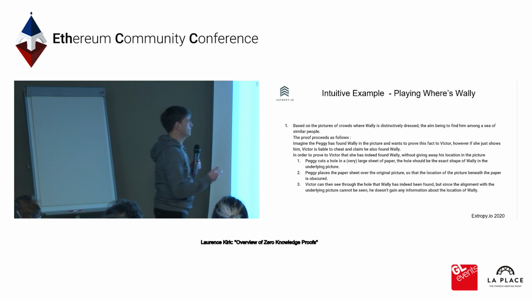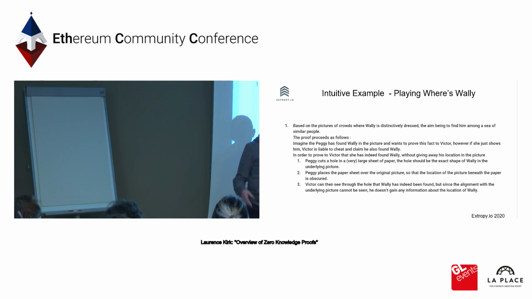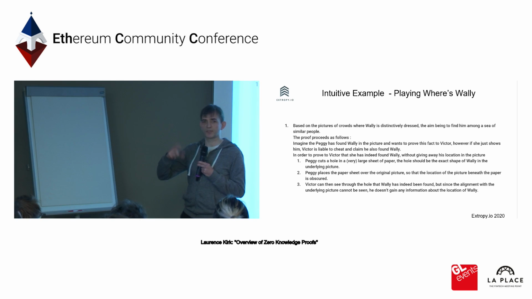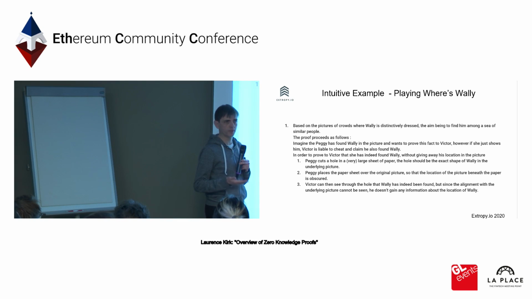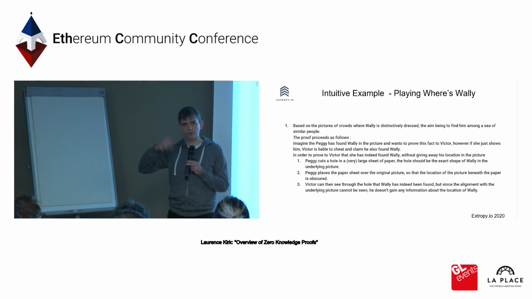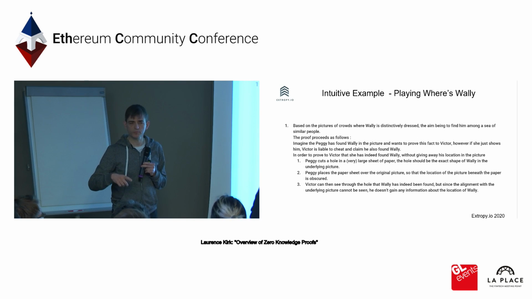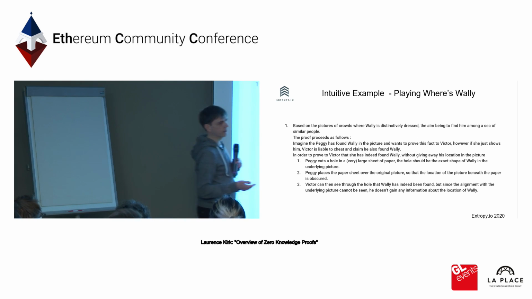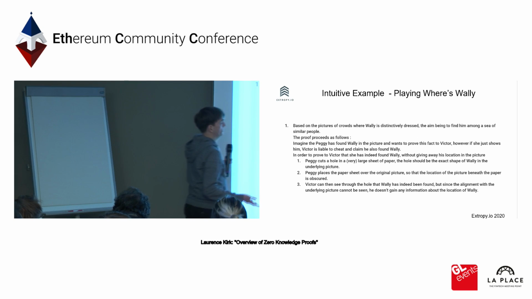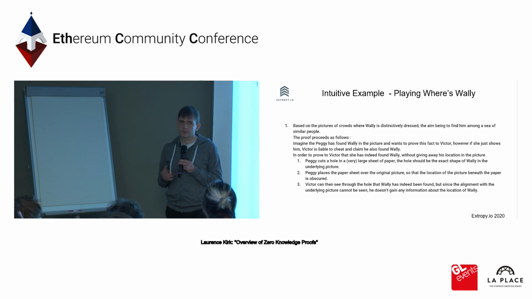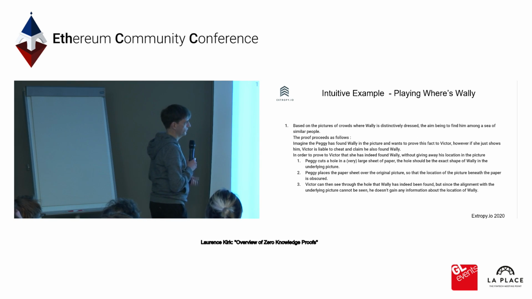So to prevent Victor cheating, what she can do is take a large piece of paper and cut out a hole in the paper the size of Wally in the picture. She can take the book, put this underneath this large sheet of paper, and so show to Victor through this hole in the paper that she has indeed found Wally. But because the piece of paper is very large, Victor cannot see where the book is in relation to the rest of the paper, and so he gains no information about where Wally is in the picture. And so she has proven to him that she has found Wally, she knows the secret, but she has not given away information about where exactly he is. So a very physical example of a zero-knowledge proof.